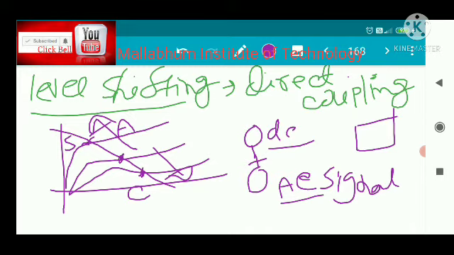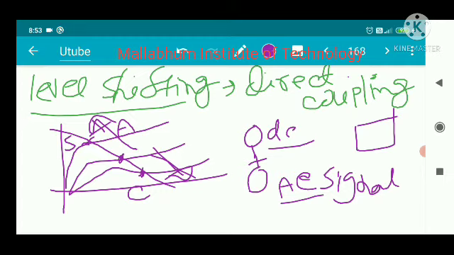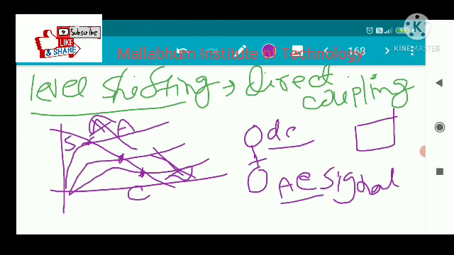So the second amplifier bias transistor will go into the cutoff or saturation depending on the strength of the DC passed from the first stage to the second stage. Now if the Q point is shifting, your whole transistor action will be jeopardized. Because if the Q point shifts towards the saturation, some of the signal will be clipped off, which is not a desirable property of the amplifier. So that's why a level translator is used. Just understand the concept, don't worry about what the level translator circuit looks like.